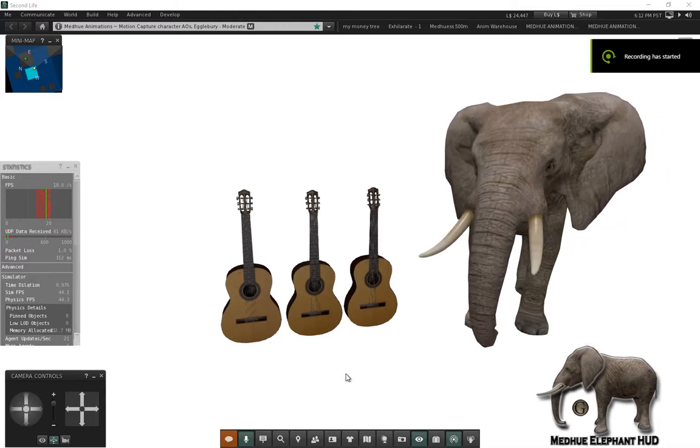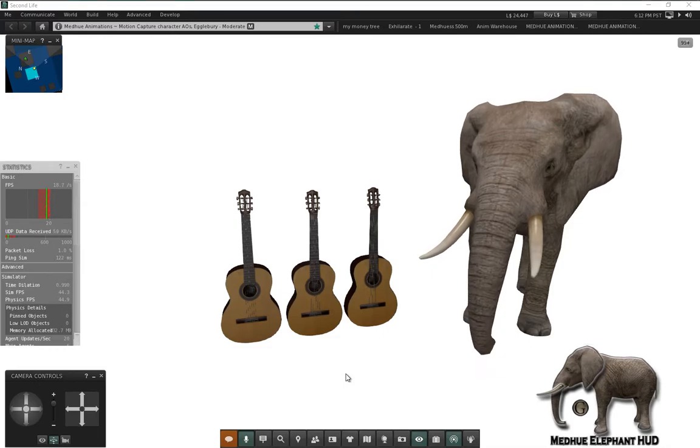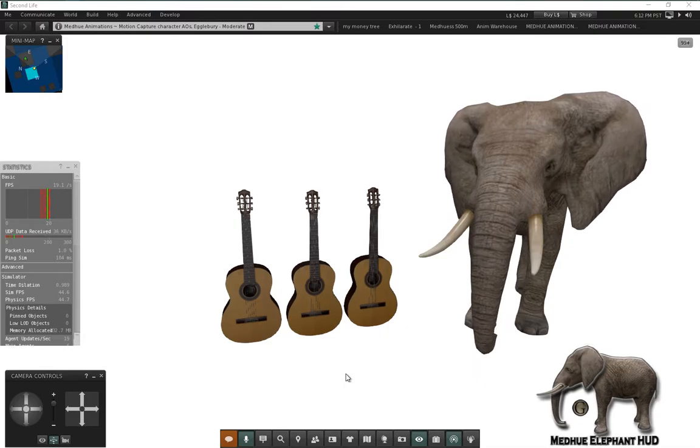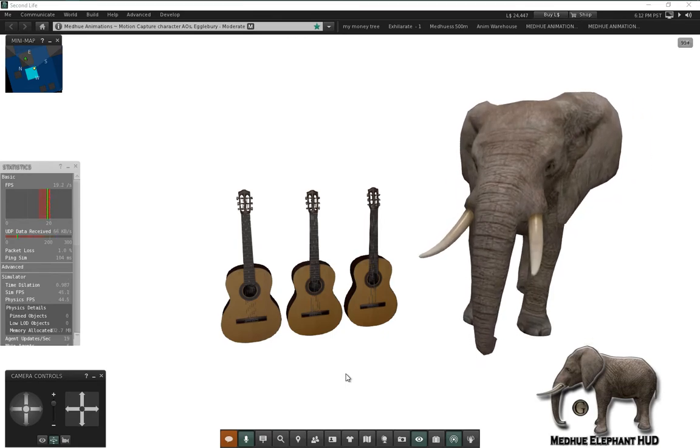Hello everyone! Today we're going to talk about LODs. Just recently, Linden Lab has increased our prim allowance in Second Life. So now sim owners or region owners have many more prims to decorate our sims with. That's why the topic of LODs has become somewhat important lately, because when you have very good LODs, it makes it a lot easier for people's computers to render all this